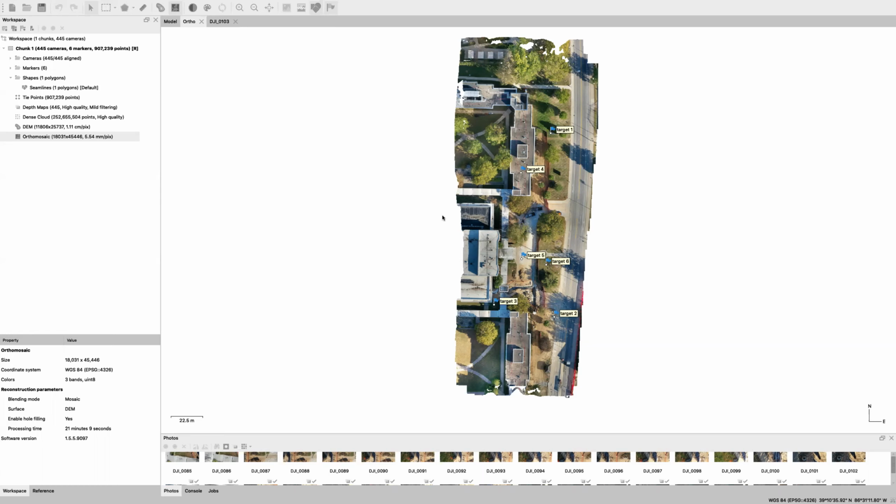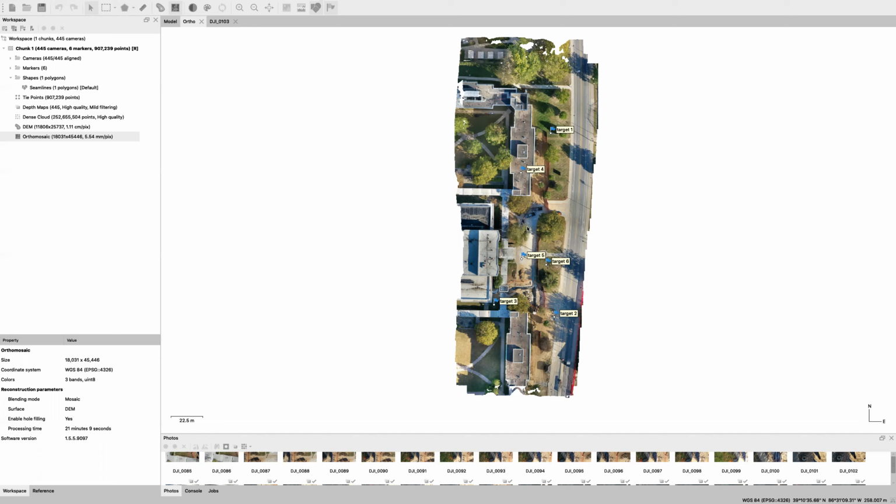This particular mosaic was produced from just over 300 photos taken by a drone. For most of the coverage, the drone was flying about 100 feet off the ground. There are 6 labeled targets. These are places where there are markers that can be seen from the drone, and their location is known precisely, and they're used to correct the position and elevation depiction of the photos and the other products from the photogrammetry